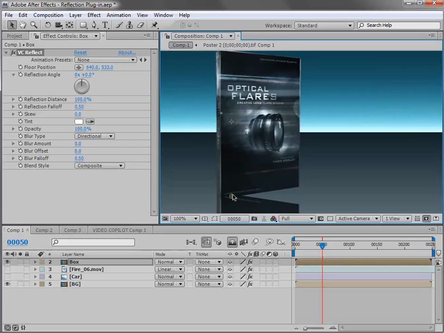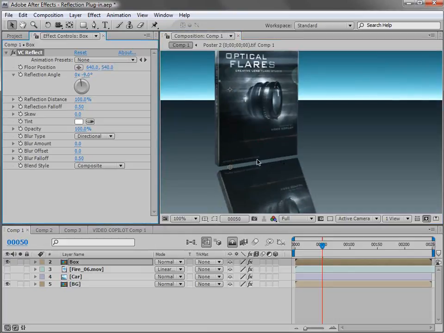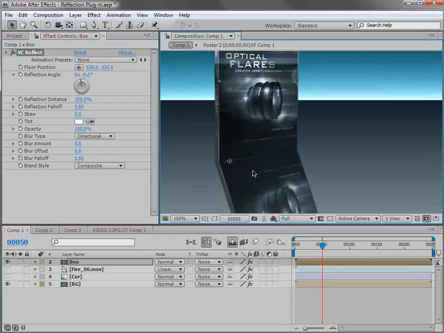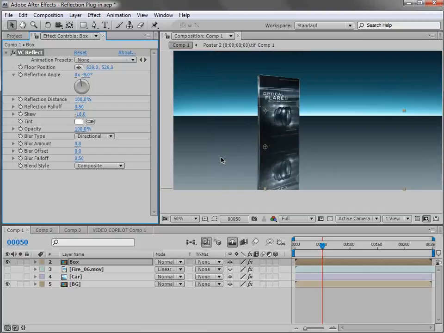Now, it doesn't quite look right, so let's rotate the angle of the reflection. So we'll just change the value here, move it away, and you can see that we can get it to line up pretty well. And maybe we move it up a bit. But the problem is our reflection bends, and I'm no physicist, but this just doesn't look right. So we have a skew option. So if we change the skew value, it sort of adjusts the reflection. Now, it's not perfect, but it does get you out of some tough situations and ends up with a pretty decent reflection. So we can turn the opacity down here and maybe turn up the blur amount, and it looks